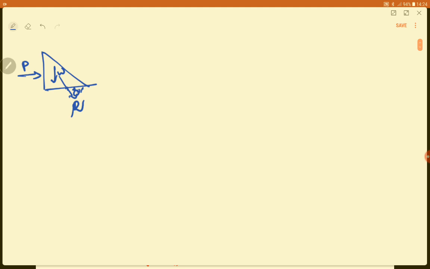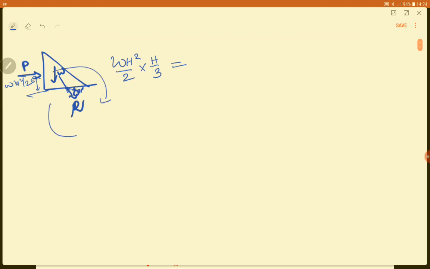R is the resultant of the two forces at the base of the dam. By taking the moment of all the forces about this point, what will be the moment calculation? W h square by 2, that is P, into what will be this height? It will be equal to h by 3. This is h by 3, right? What kind of moment is this? This is an overturning moment, right?